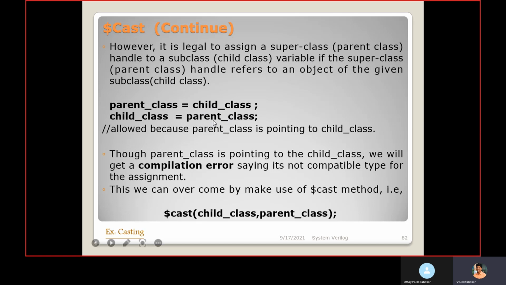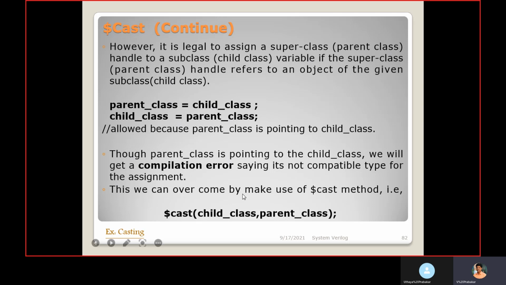This way is acceptable, but on the second line the system will throw an error. So to perform this second line, we are using the $cast. When you assign like this, you will get a compilation error saying it is not a compatible type for the assignment.